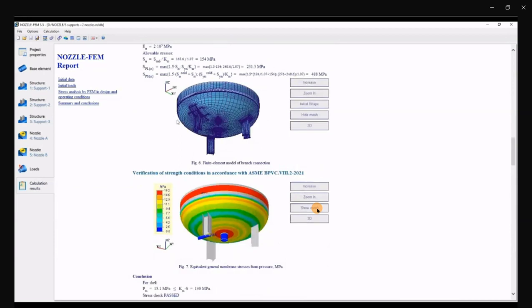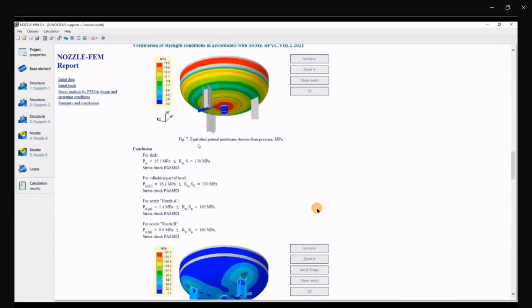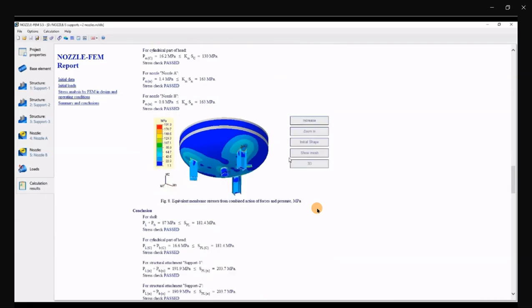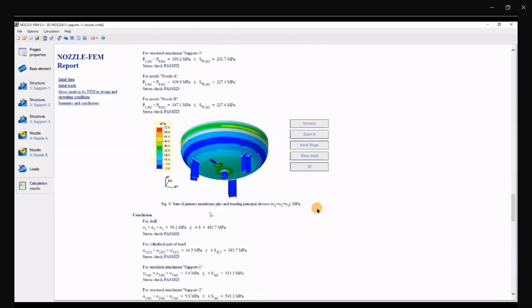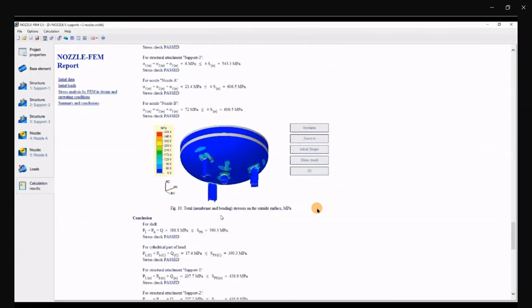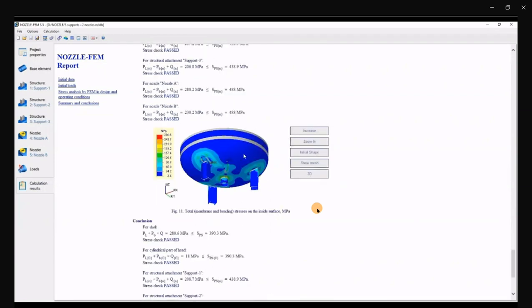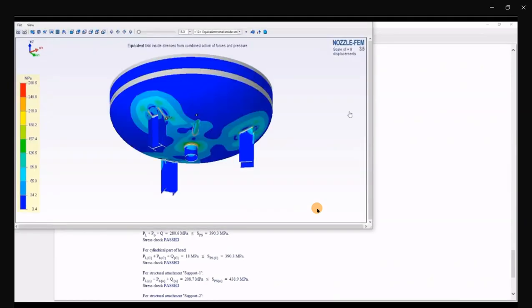After that, we can see the finite element model. Yes. Equivalent membrane stresses from pressure. It's without concentration, without concentrator. After that, we see equivalent membrane stresses from action of forces and pressure. And sum of primary membrane plus bending principal stresses. Yes. And membrane plus bending stresses on outside and inside surface. Click on any results. We go to